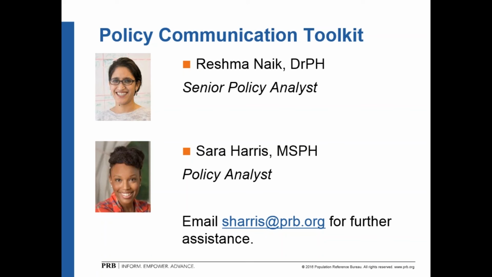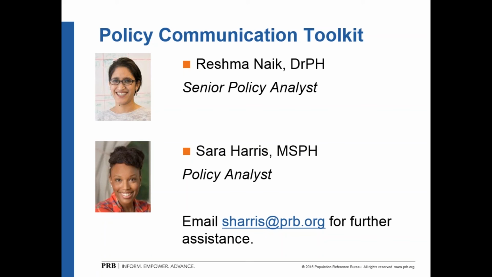And I think that gets to an additional question about how do you use the toolkit to create data for policy recommendations. For example, issues like adolescent reproductive health or family planning methods. Can I use this toolkit for policy recommendations? And we think this is an excellent resource to do that exact thing. I think adolescent reproductive health falls very well in line with many of the examples that we've included in the toolkit. The early modules, particularly Module 2, Strategic Communication, walks users through step-by-step how to create policy messages.